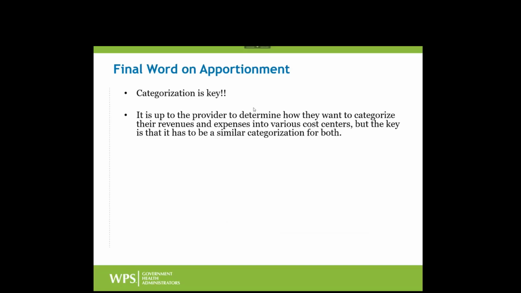But the cost report has a fairly set number of cost centers, and it's virtually guaranteed to be simpler, smaller in number than a hospital's accounting system for both revenues and expenses. So you need to categorize them into the cost centers, but the point is they have to be grouped similarly. So if a particular expense relates to this cost center, then any related revenue for that service needs to go to the same cost center. Obviously a different worksheet, but the same cost center.